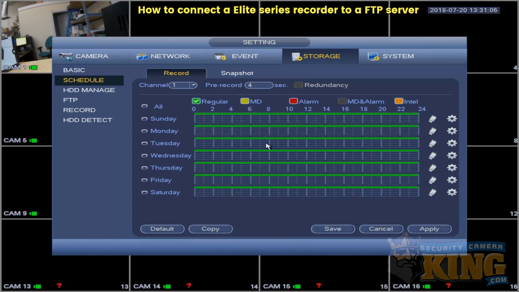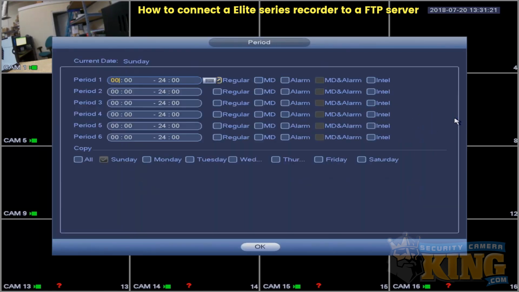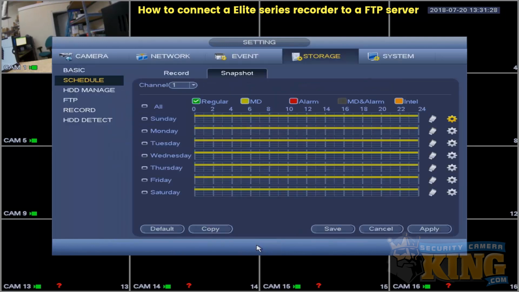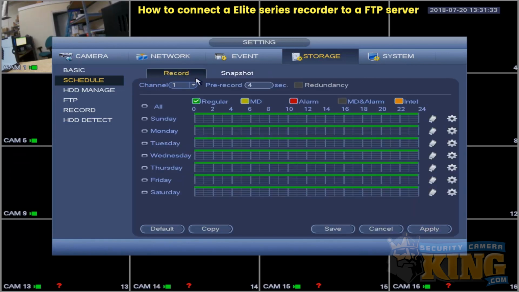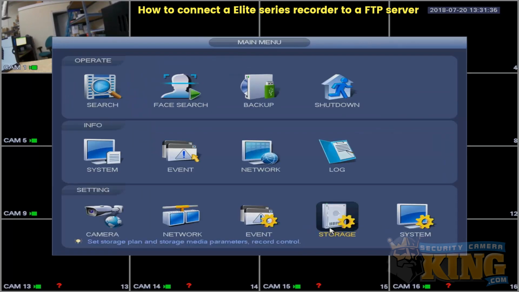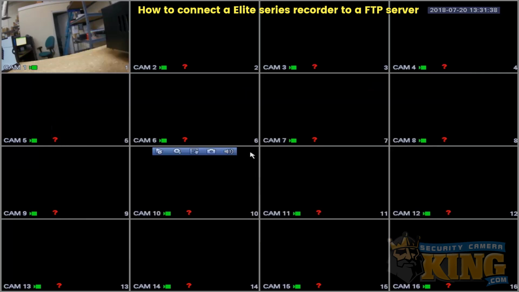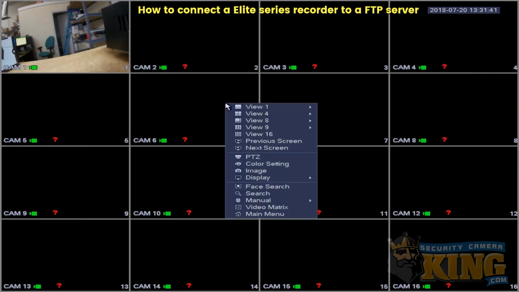Now we're going to set our snapshot schedule based off of motion. So we'll go ahead and click on snapshot. And now click the setting wheel, and we'll enable motion detection for all days. Okay, apply and save. I'll just go ahead and apply the record also. So apply and save. Okay, then we'll go back to the main menu,